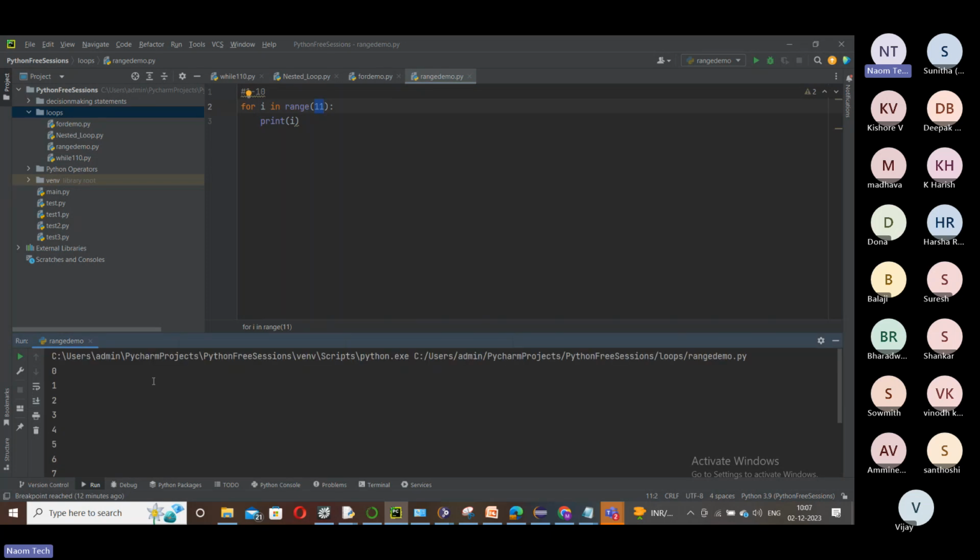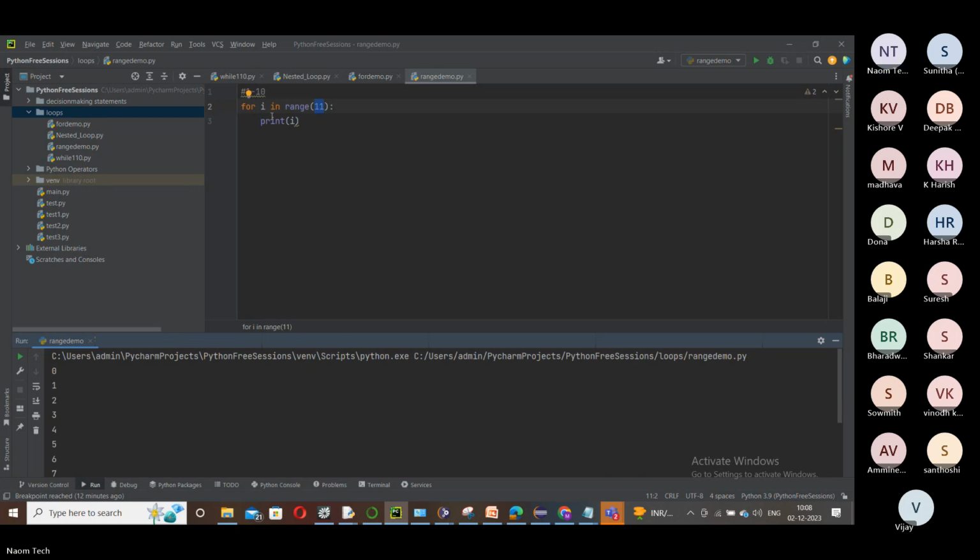But if you observe, the start is always 0. So the nature of this range is that it starts with 0, ends with n minus 1, and provides a list of values. This is how type 1, form 1 works in Python.